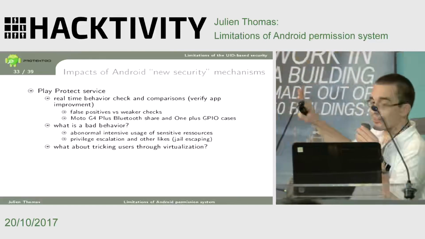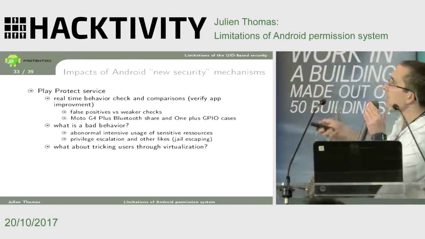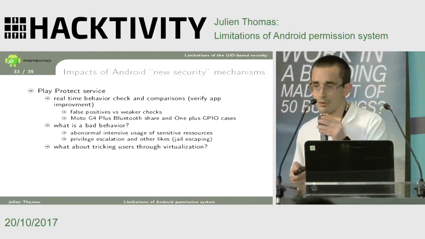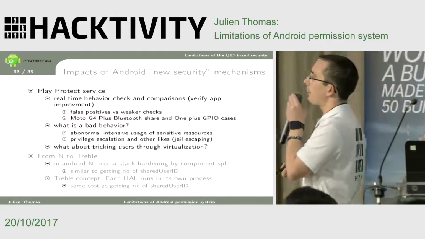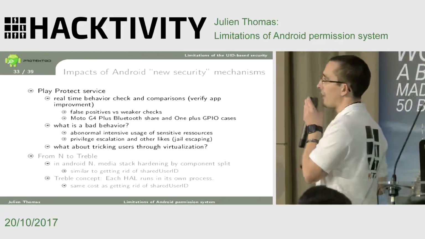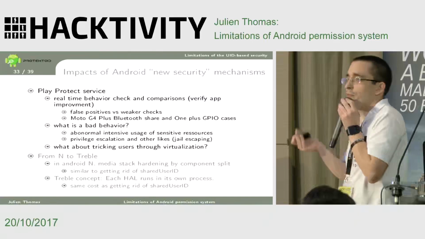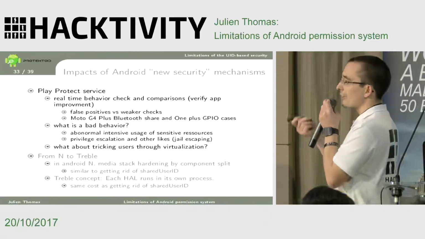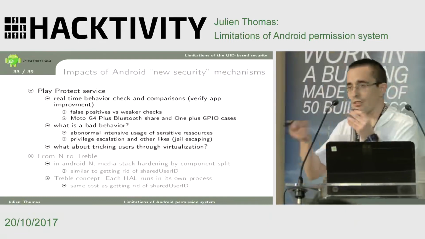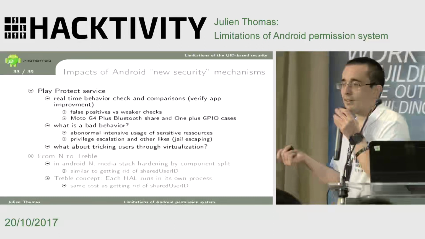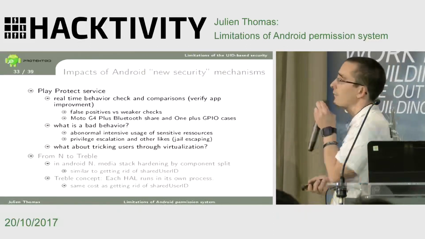So I will go very quickly on that because I really want to finish the other stuff in 5 minutes. The question was the impact of new security mechanisms on Android. I don't know if you have heard about Play Protect and Treble. I think it would be very hard for Play Protect to detect advanced virtualization capabilities because it's not hidden behavior, that's expected behavior. The goal of Play Protect is to detect bad behavior. But if your app is defined as a virtualizer, well, it's not bad. Just nobody understands what it means. No user understands the consequences of that.